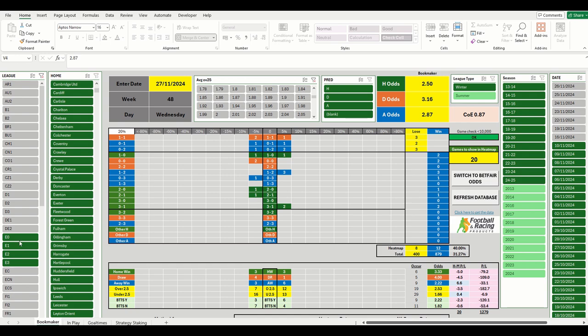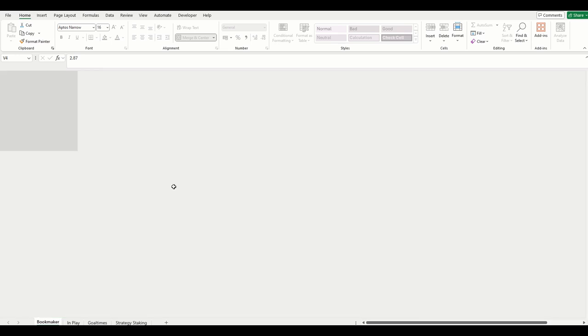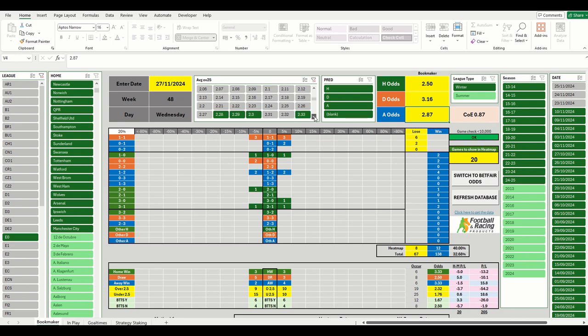So depending on what league I want, let's put on the Premier League. Just click Premier League and fire that up. It's just going to search through the database to get all the Premier League games in this odds bracket. And you can see there's probably going to be some gaps where there's more games. So if we were looking at 2.25,